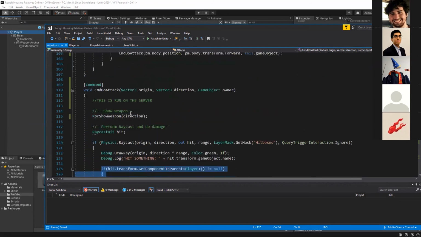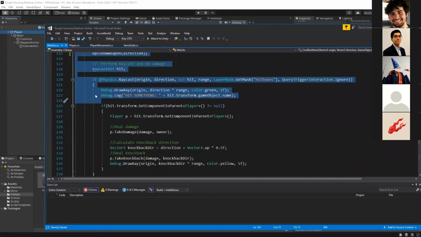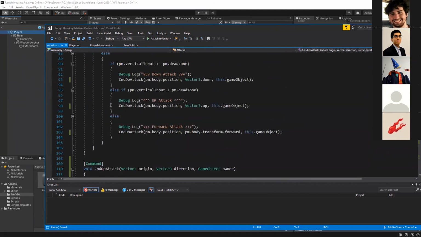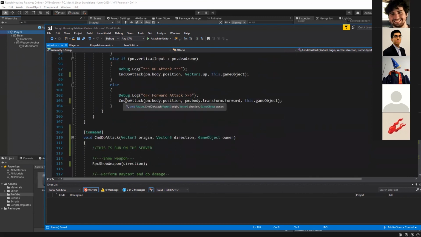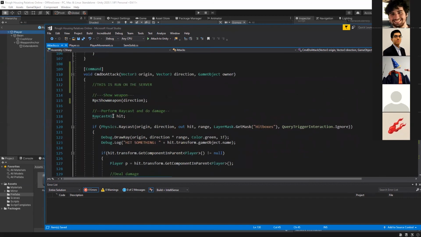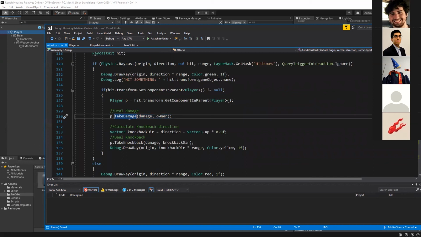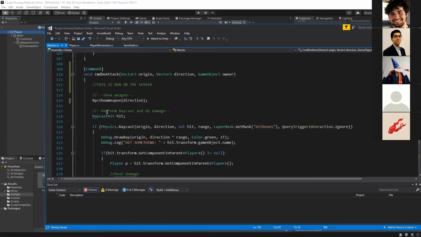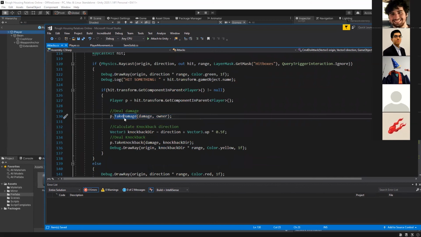But just something to keep in mind is that you might want to, depending on your use case, do these calculations, this raycast calculation on the client. So we would have like a do local attack function that does this raycast, and then the take damage stuff will be commands, right? But right now what's happening is these take damage commands are run on the server because we're inside the command still. So we can now go to this definition,